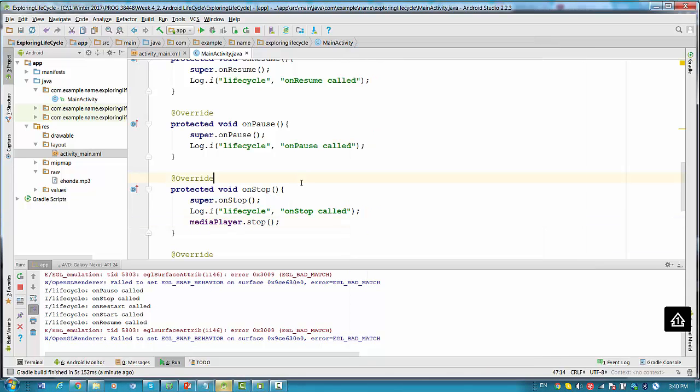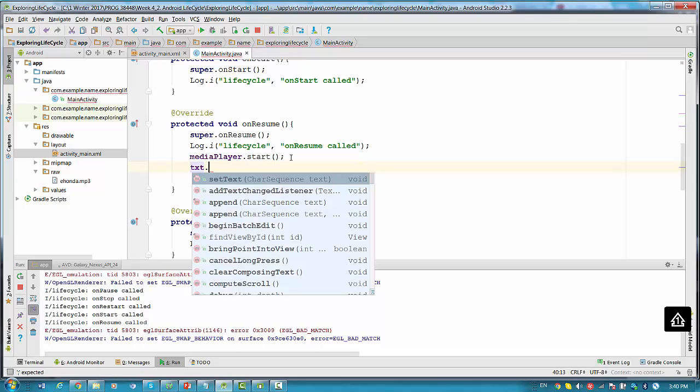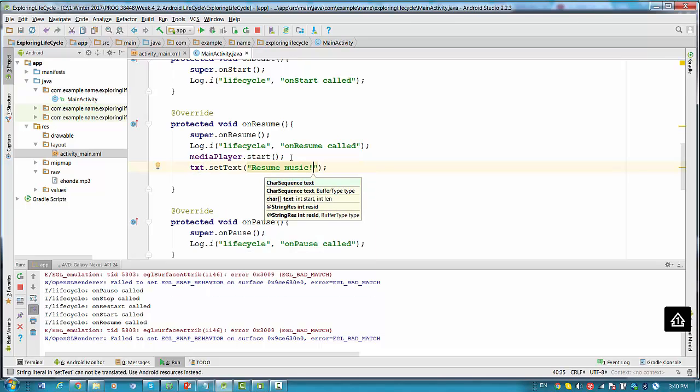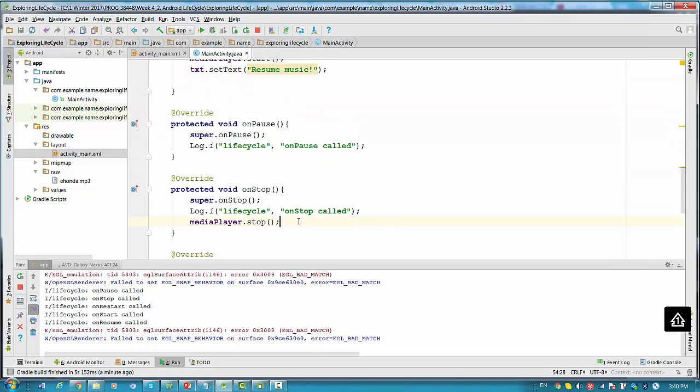So in this case, you have to go and modify the onResume method. Start here. Here we have txt.setText, and another method will be onStop. You will have here probably txt.setText,